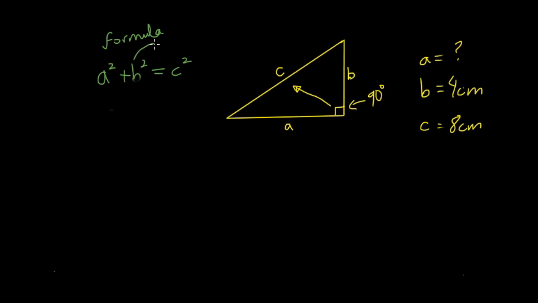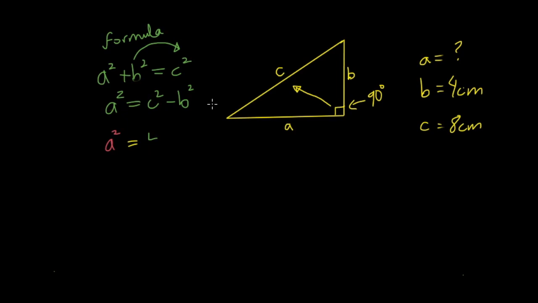We would move the b squared to this side, put everything we know on one side and all the unknowns on one side. Which is going to be a squared is equal to c squared minus b squared, because once we move the plus b squared to this side, it switches signs. All right, let's evaluate that. So we sub in our numbers. We have a squared, which we don't know, so a squared is equal to,